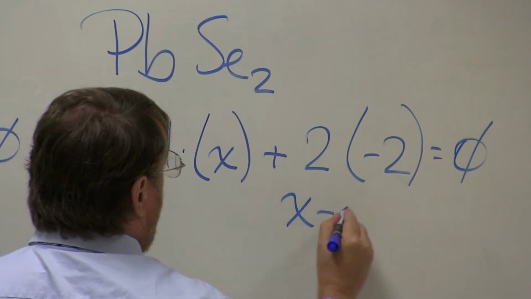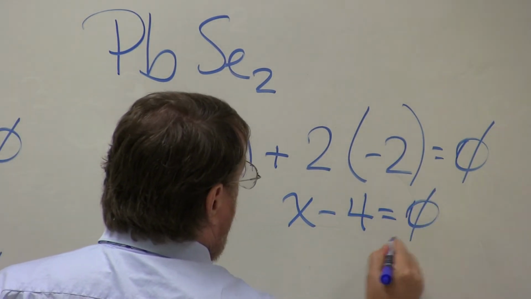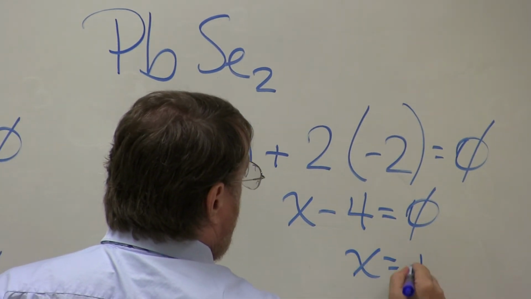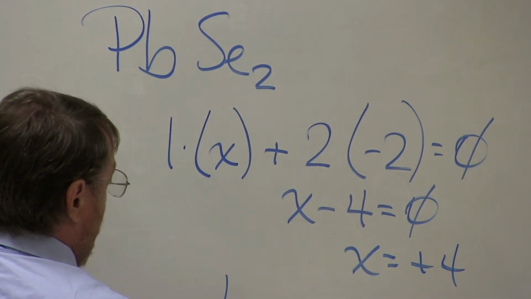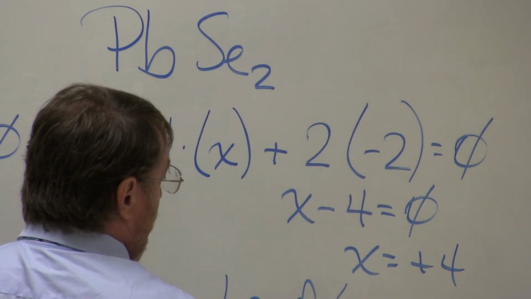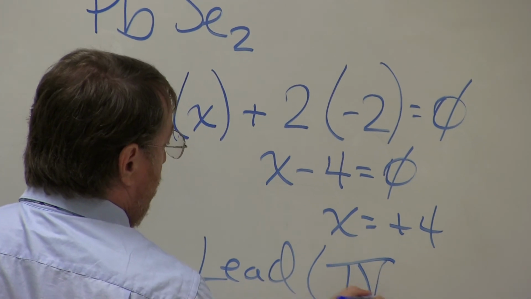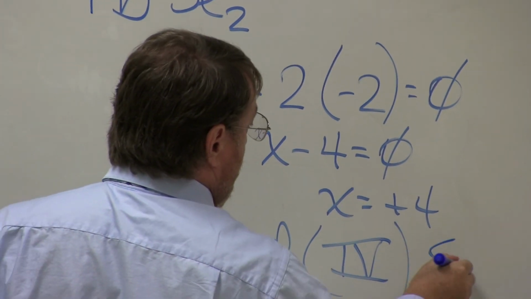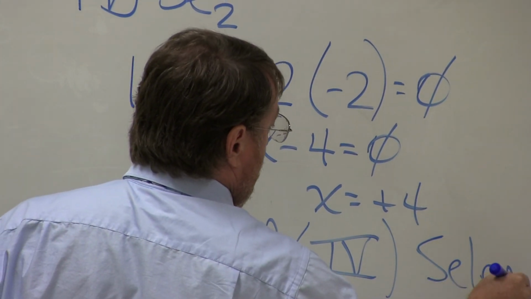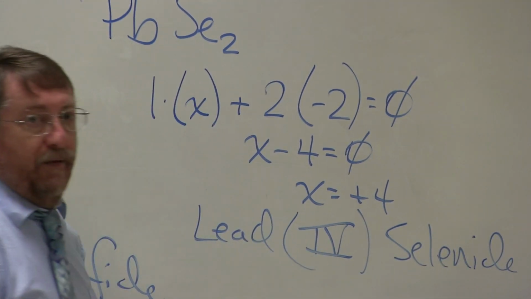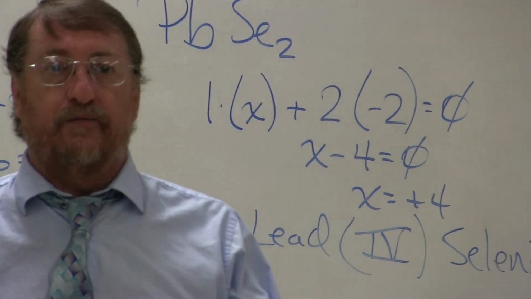That's going to give me x minus 4, and the charge on the lead is going to be plus 4. So I'm going to have lead 4, which is IV, selenide. And that's the way we're going to determine the charge for fixed charge